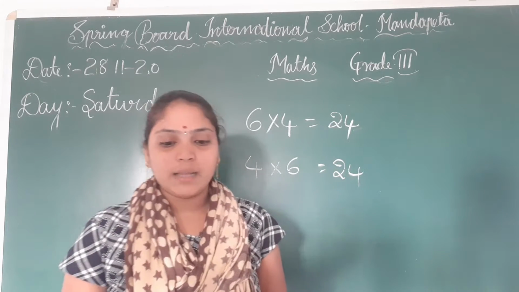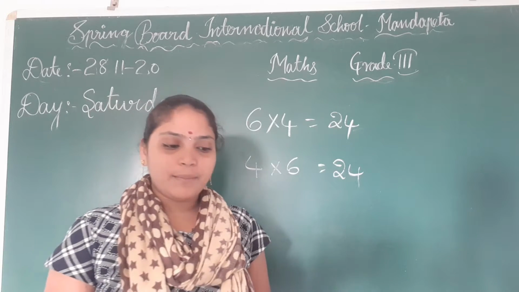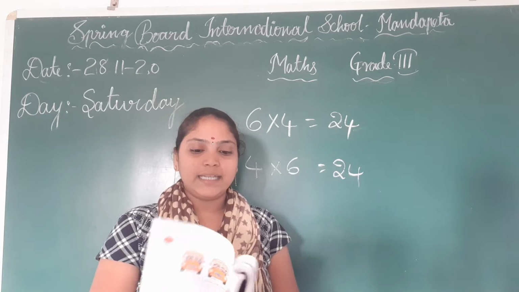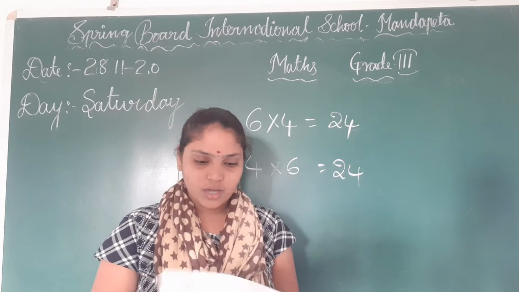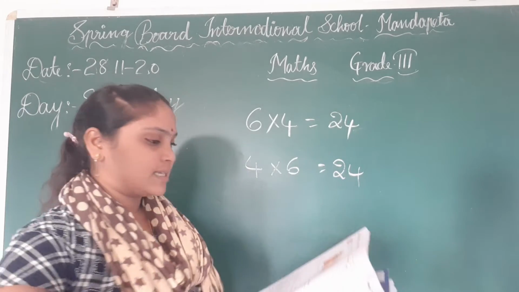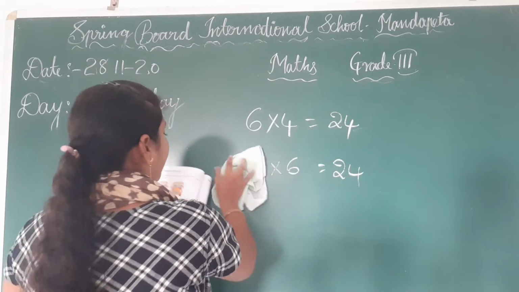And here, given a multiplication grid, which two numbers are multiplied to get the given numbers 16, 18 and 40, children. You have to do these problems. Next, open page number 66. 4.6.